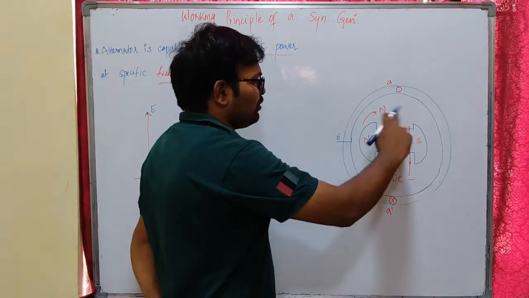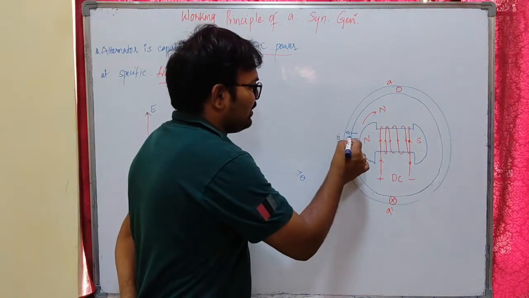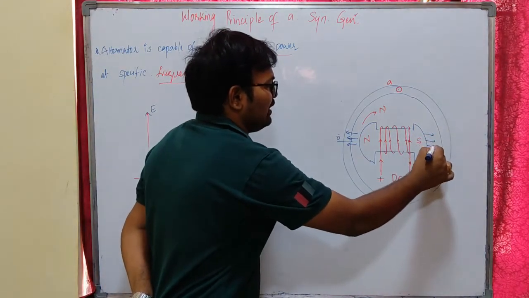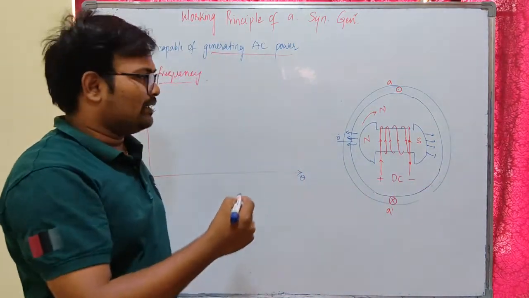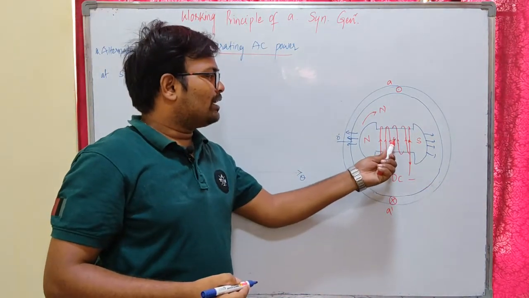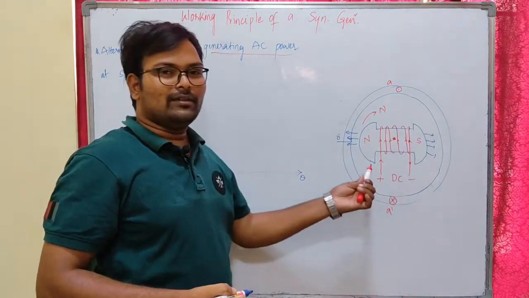Okay, now I am going to rotate the rotor, and this magnetic field generated by these poles will be like this. As I rotate the rotor, this magnetic field also rotates in the air gap. Okay, I hope you understand. As I rotate the rotor with our turbine or some mechanical means, this magnetic field also rotates with respect to the turbine.